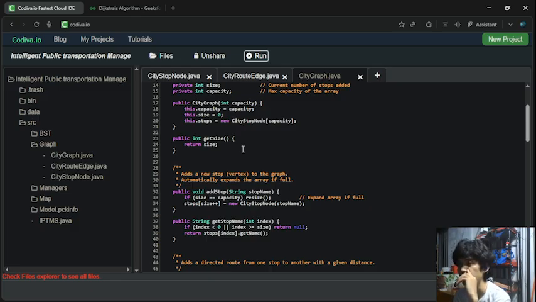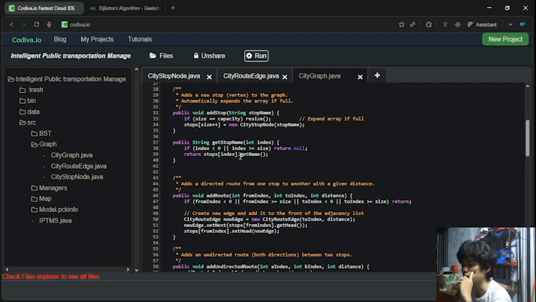So in the condition of if this is less than the getSize, then it will continue to operate. So add stop. Add stop is like add vertex in the basic city graph, in the graph.